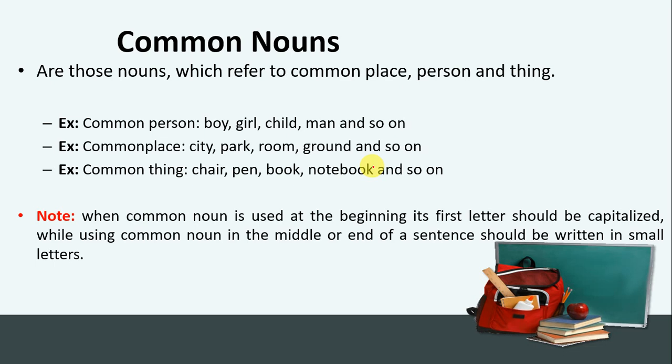Common place: city, park, room, ground, and so on, right? There are a lot of cities in the world. Park, many parks, many rooms. Common things: chair, pen, book, notebook, and so on. Remember this one thing, that whenever we use common nouns, the person whom we are talking to may not understand completely. So the person will ask you a second time whom you are talking about, right? So note, when a common noun is used at the beginning, as we studied before in the proper noun, the common noun does not go similarly